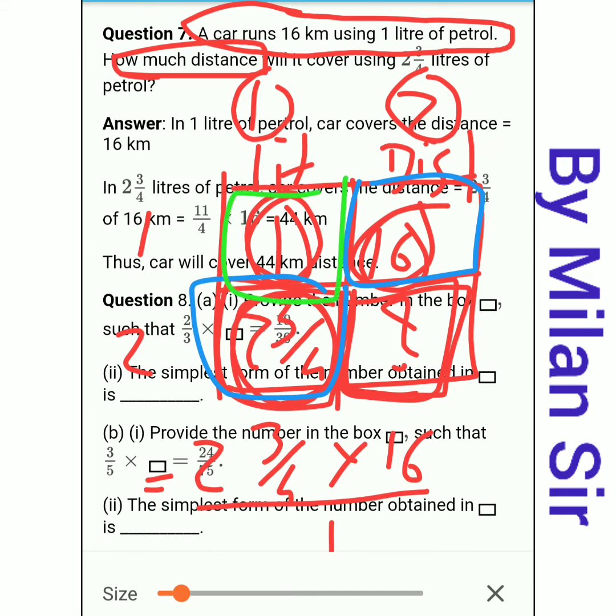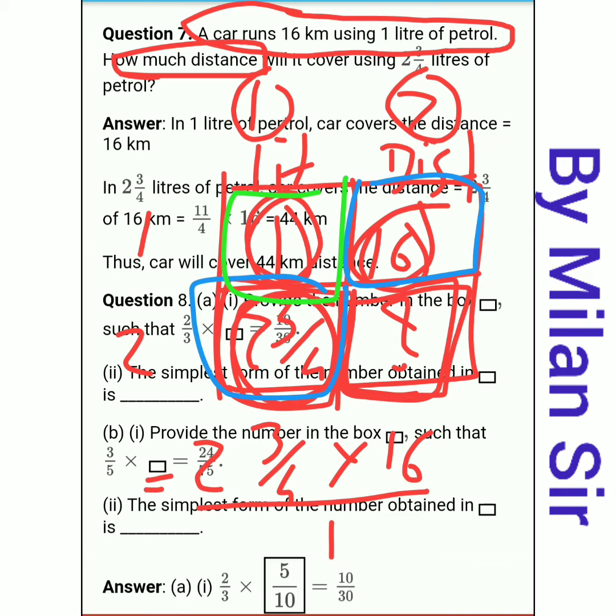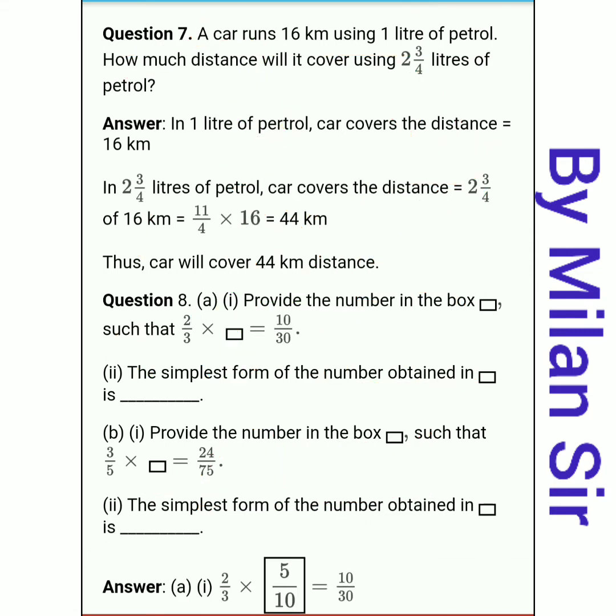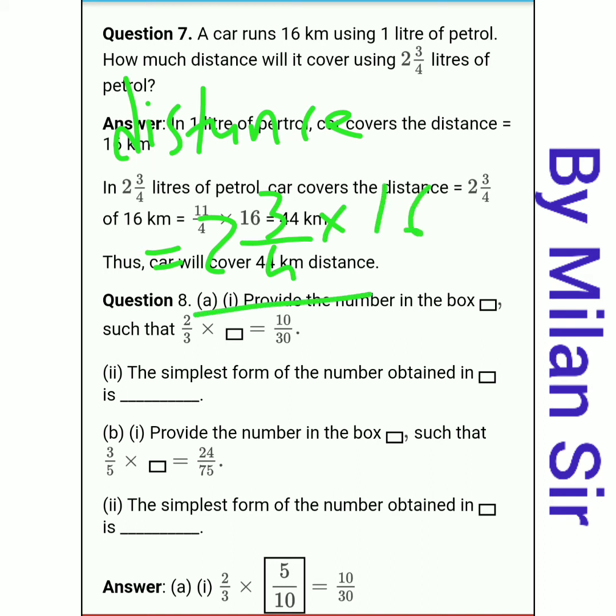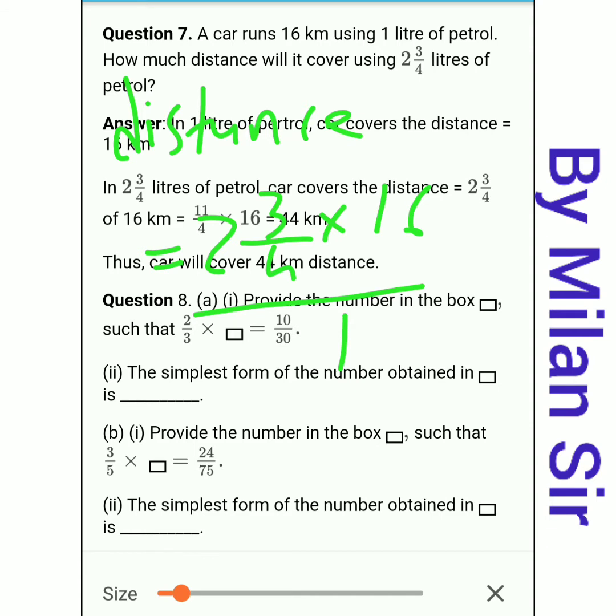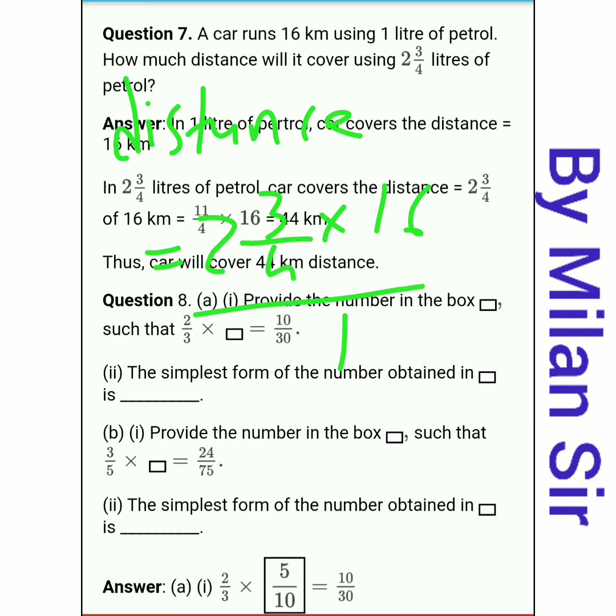So finally, first of all, we need to make this table, and finally distance covered is equal to 2 integer 3 by 4 multiply 16 divide by 1. Now here no need to divide with 1, right? Because the answer is the same. So we only need to solve our numerator.